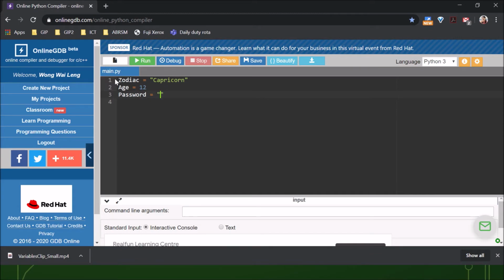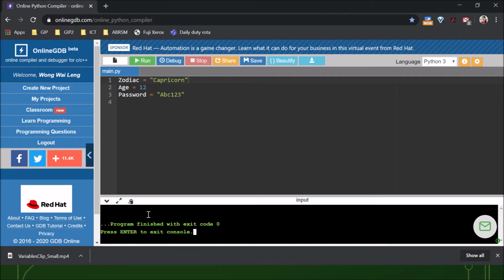So let's say my password is ABC123. This is one of the worst passwords ever in the world, but for this program we'll create ABC123 as the password. The age is 12. Notice that there's no speech mark on the number, and anything with letters has speech marks. Now if I click run, you would see